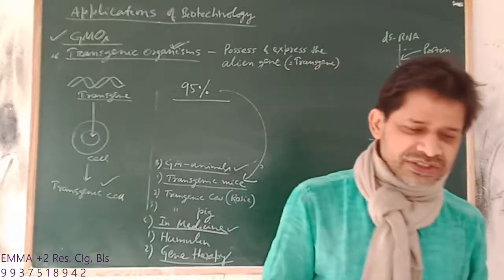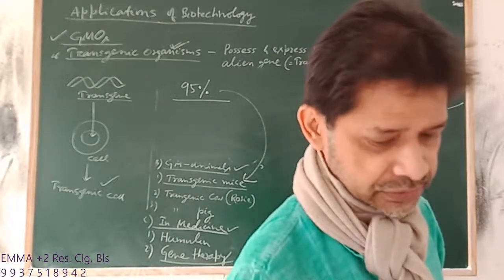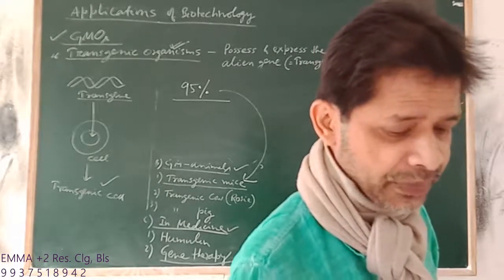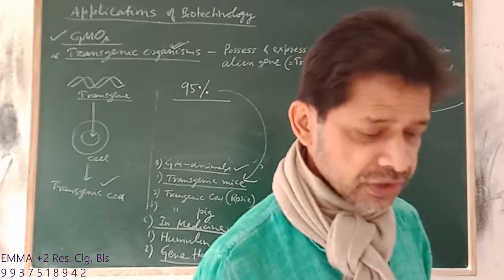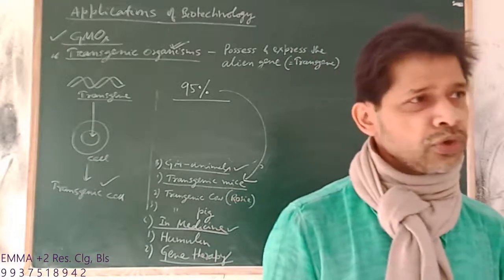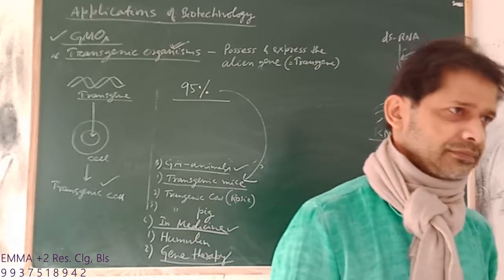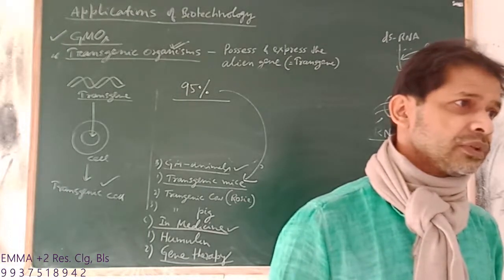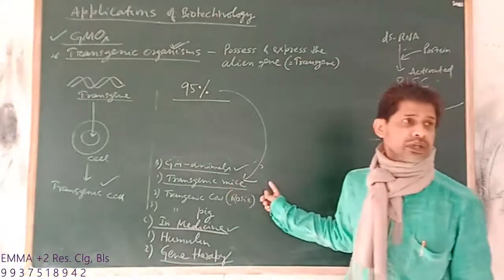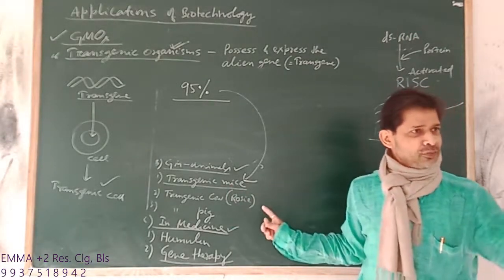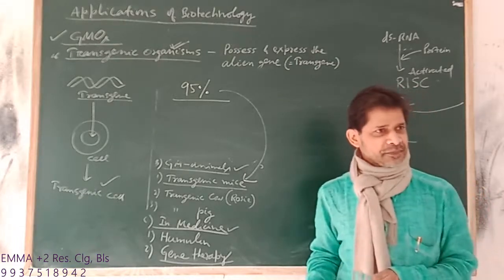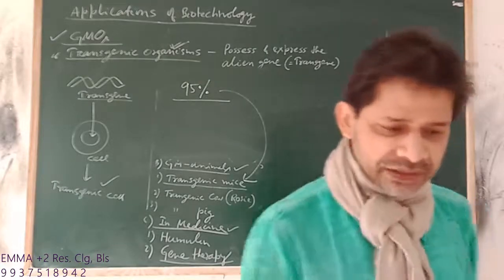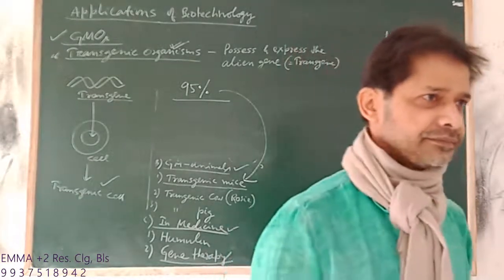So transgenic mice can be used for various purposes. I told you one purpose, to know the normal physiology and development of a gene, to study the gene. Nowadays we know so many genes are causing cancers. So scientists want to know their working mechanism. So they use this transgenic mice model. Every human cancer gene will be introduced into a mouse and they will start doing experiments on that. And another thing, vaccine safety.